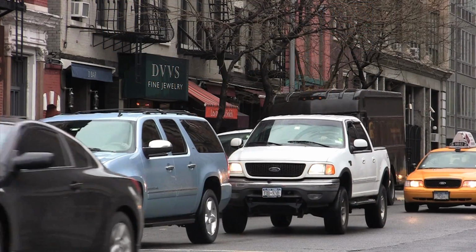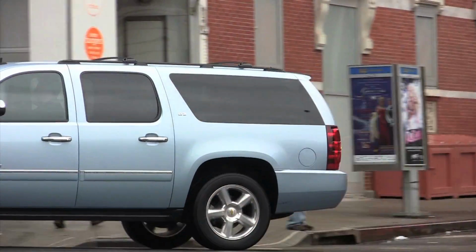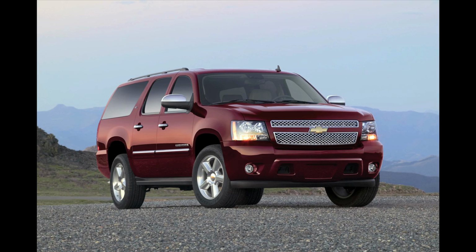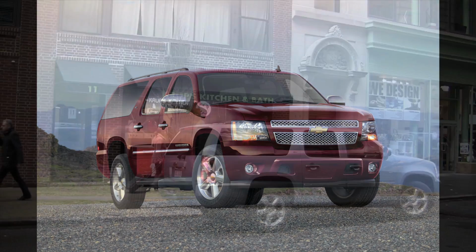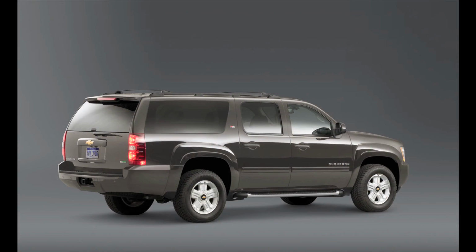Part of that is good visibility. I also found it easy to parallel park, even in New York City, if you can find a space big enough. In other words, you can't change the laws of physics, even with park assist. Because the glass goes all the way to the back of the vehicle, it makes it easier to see where